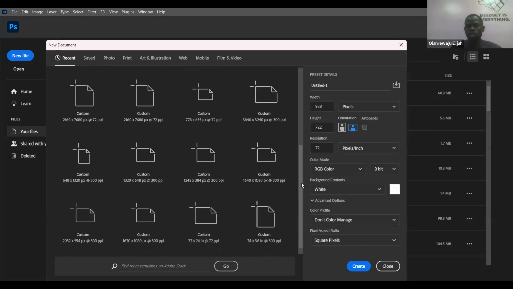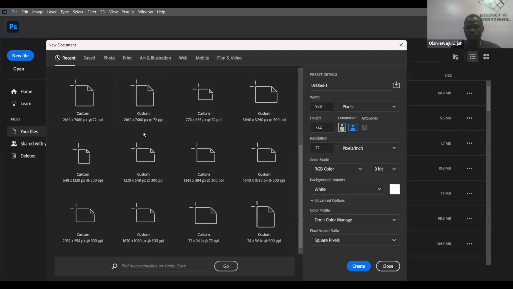Paper size. I think I also told you this when we started, that if you are going to be given a brief to work on, what you are going to do is ask the client, where do you want to use this design, right? Are you going to print it out? Is it on social media that you're going to use it? Do you want to use it as a web banner? It's important that you know this so that you know the right dimension and the right orientation to work with when you are setting up your document. Do we get it now?